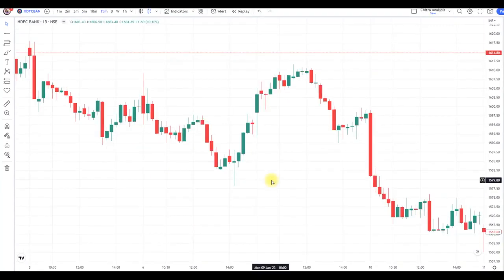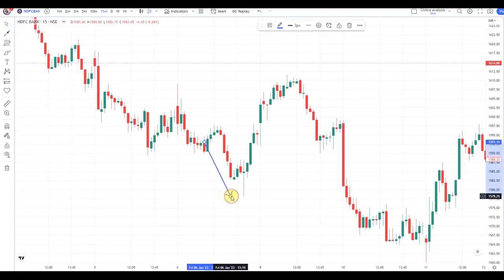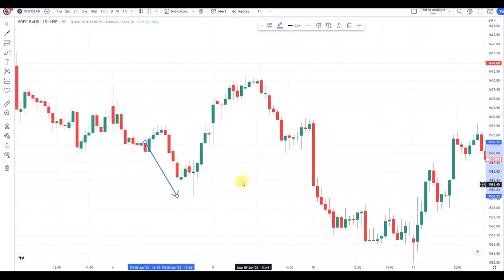Now we can see how we can trade using the long leg doji. Before that we will understand what a long leg doji is. A long leg doji is a candlestick that consists of long upper and lower shadows and has approximately the same opening and closing price. So here the price is in the downtrend, that is, the price is falling down, and at the bottom of the trend we got the long leg doji. The same concept of the neutral doji we can apply here.